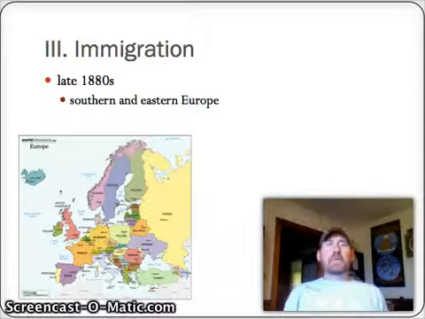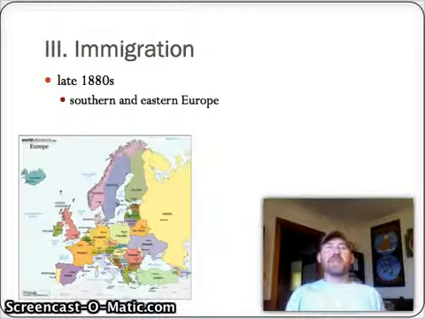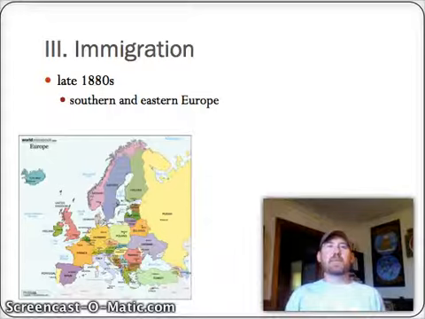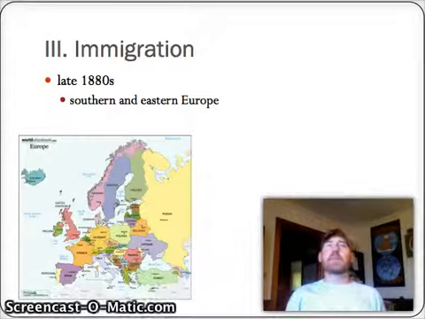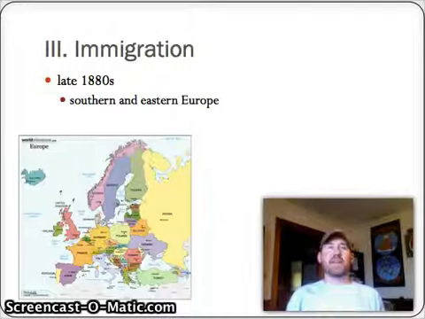All right, let's move over to immigration real quick. Remember, one of the key points of immigration in this period is that these are the people that man these factories. These were a lot of the workers, particularly unskilled workers, who were a part of building up this second wave of industrialization in the U.S.